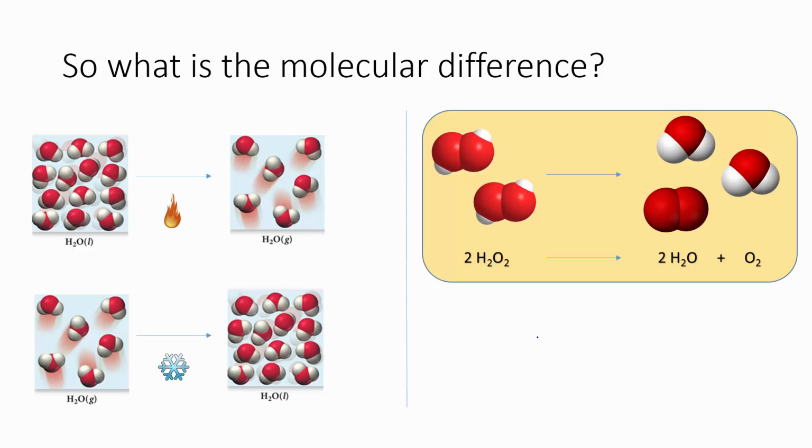So what's the molecular difference here? And I didn't expect these molecules to be circling, but hey, bonus. So a physical change, which we see on the left here, is a change of state or a change in arrangement of existing chemical substances. So water molecules might change from a liquid to a gas, or a gas back to a liquid again,